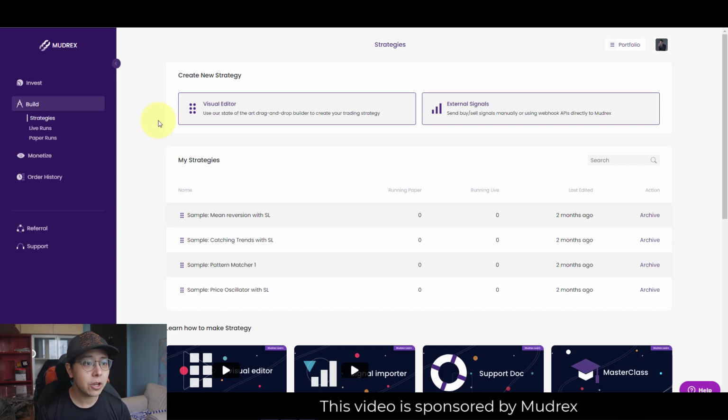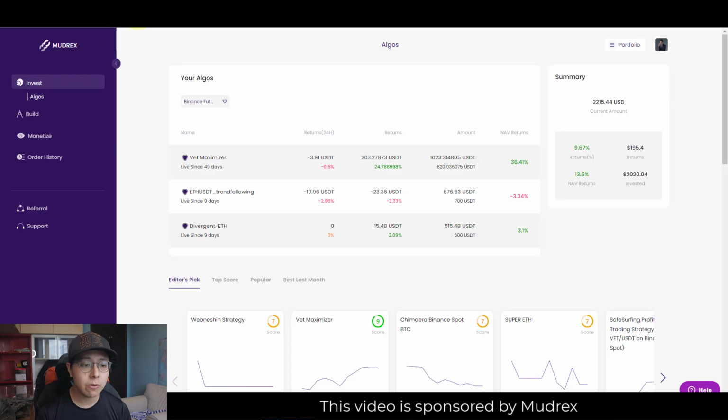Over here, I think it's also important to quickly share with you my portfolio performance in terms of Binance futures. I've actually started with about 2,000 USDT, and you can see over here, since 49 days, which is about 2 months for this bot, I did a little bit of rebalancing. I actually started about 3 to 4 months before I recorded this video. So you can see the performance over here.